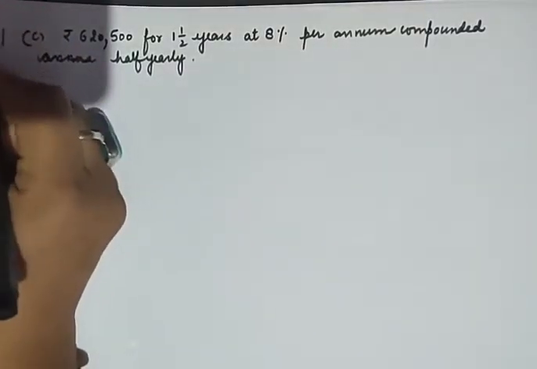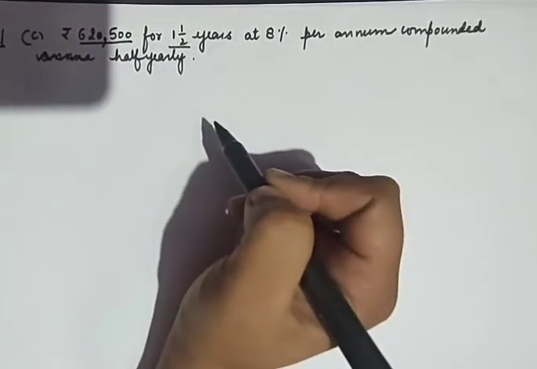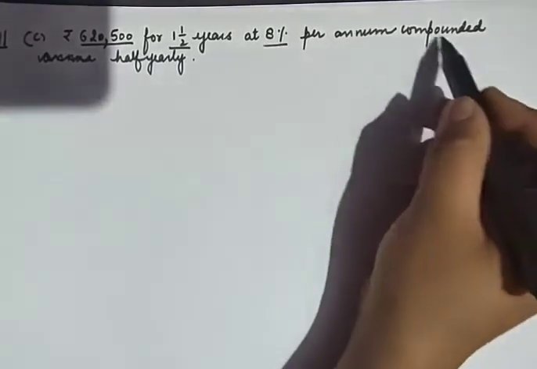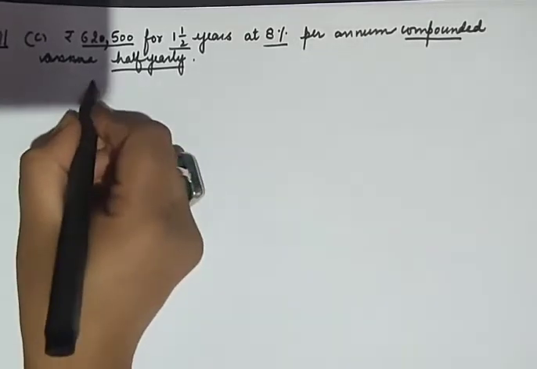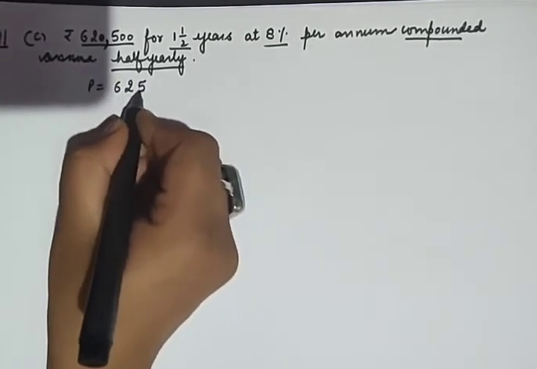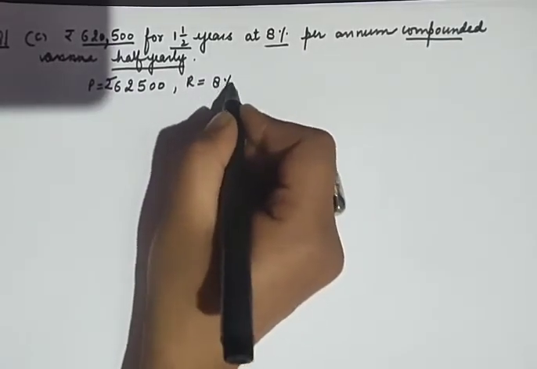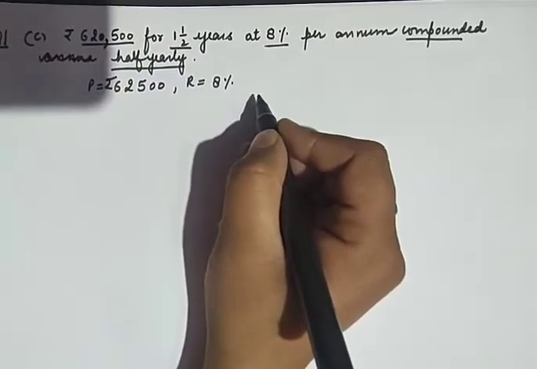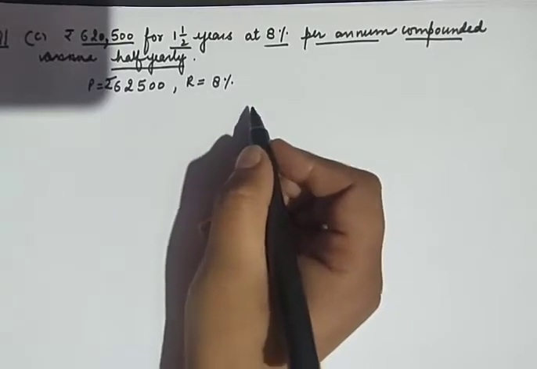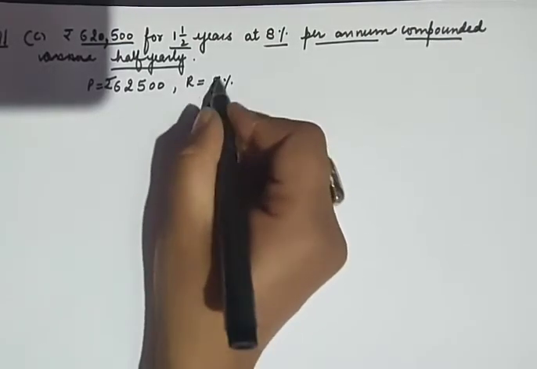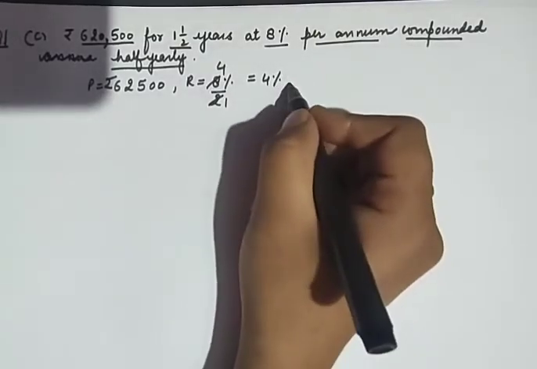Dear students, here have a look at part number C of question number 1 here. In this, principal is already given to you, that is this 62,500. Time is also given to you in fractions. Okay, rate is given to you, but the important observation is that you have to compound your interest half yearly. Okay, let me write down my principal. It is 62500. Rate is 8% but it is per annum. As you can see that I have to calculate it for half yearly, so I will divide it by 2. 2 ones are 2 and 2 fours are 8, so I will be getting rate as 4% for half yearly.